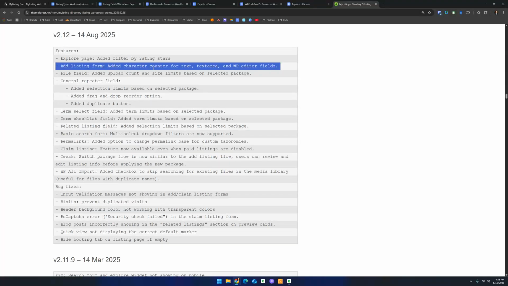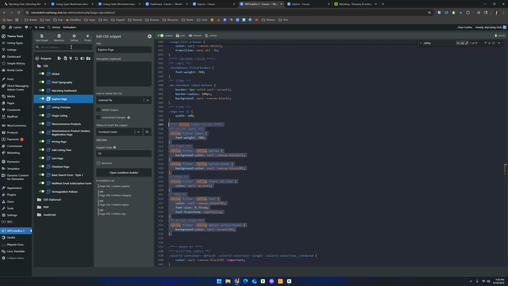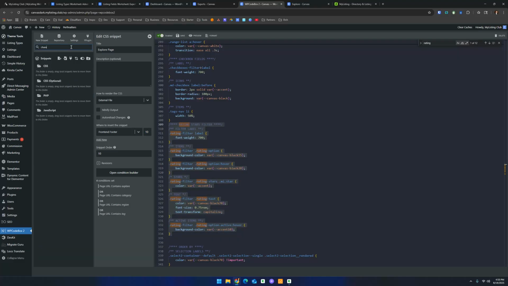Add listing form, character counter. Because the club's add-on for this feature is no longer needed, I have removed this from both of the starter sites. I also went into WP Codebox and did a search for the word character. And there was one code snippet in a CSS package, and it had to do with the add listing flow,